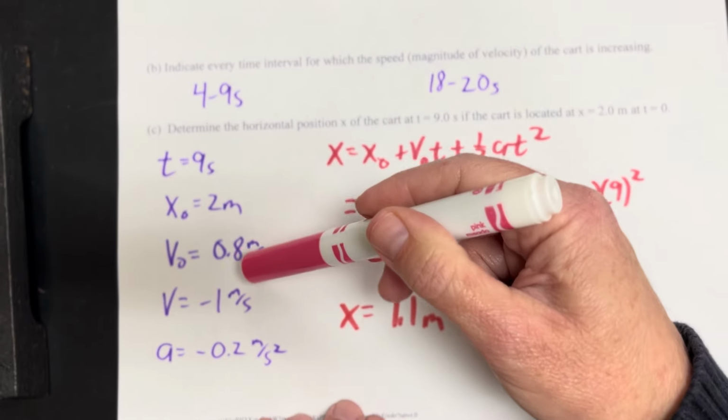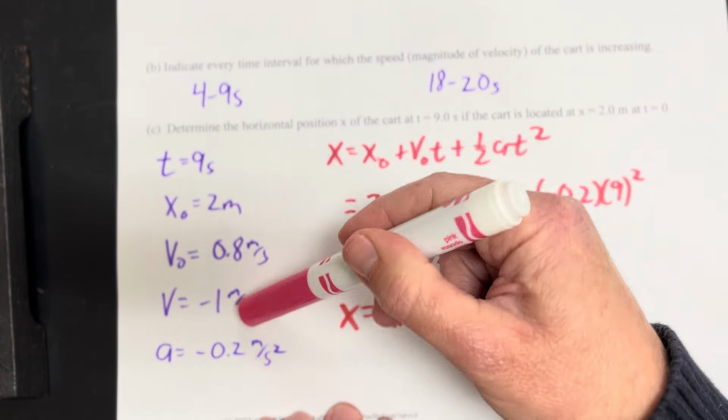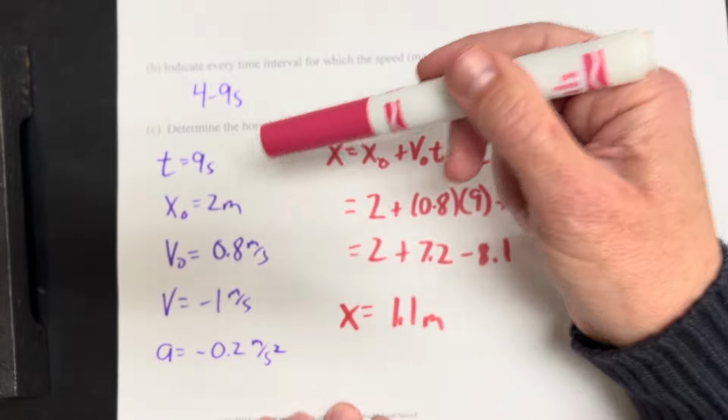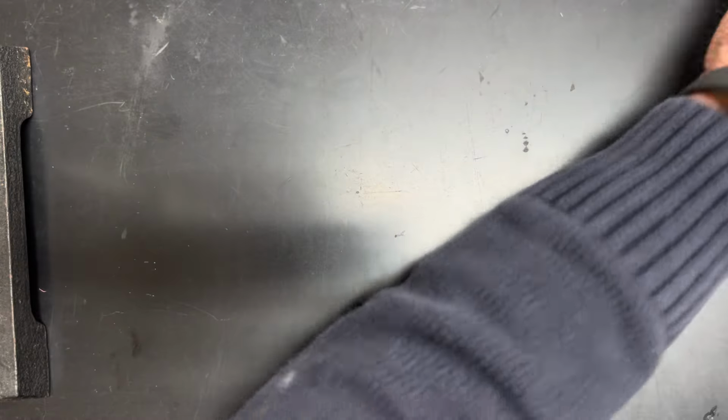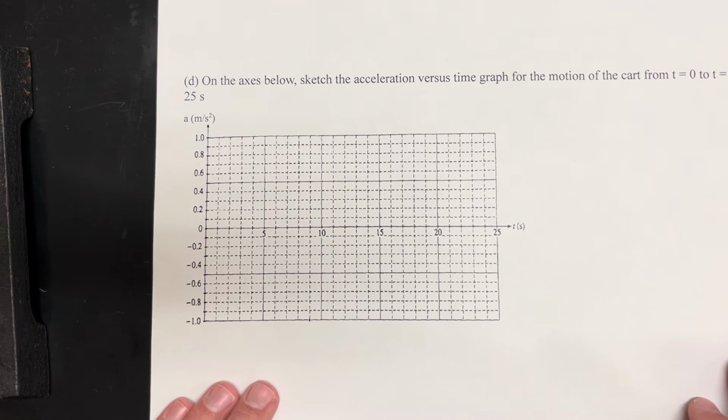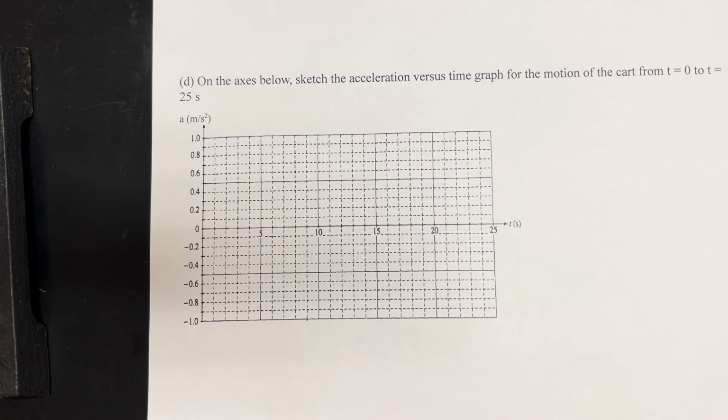You could also have used the fifth equation since we know the initial and final velocities, and we could solve for the displacement and add that onto 2 meters. You actually have a lot of choices of which way you could go there. All right, so now let's go on to this one where they say help us find the acceleration or graph